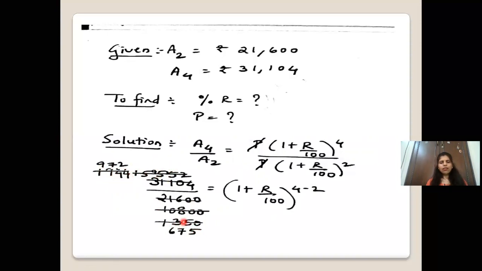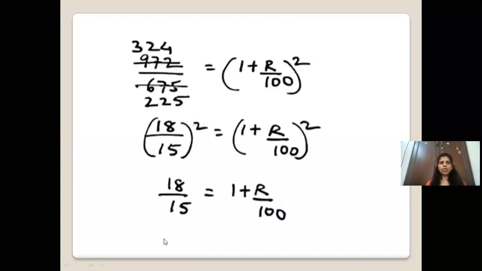Now you can see that we can divide this particular number by 2. So we have taken 2 now. 2 sixes are 12, 1 carry over, 2 sevens are 14, 1 carry over, 2 nines are 18, 1 carry over, 2 sevens are 14, 2 twos are 4. Now 9, 7, 2 and 6, 7, 5 are further divisible. We'll check, because here you can see the units place is not an even number, so we have to check the divisibility test of 3.